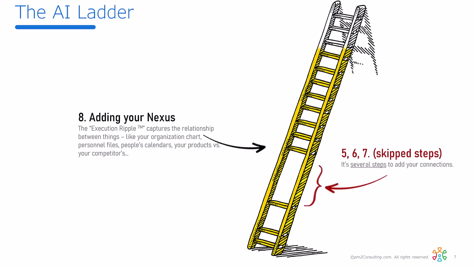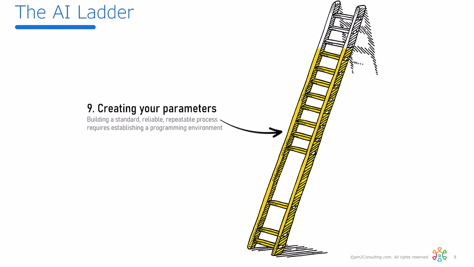And there are several steps that you need to do. At this point, we do that by using data scientists, business analysts, and Python programmers to close that gap. Eventually, there'll be plugins that do it. But for now, it's a pretty big step to get to that point. The next couple of steps are pretty small. Once you get that built, then we can begin creating your own parameters. So think of what you currently do in your prompt. We're now going to program that in. And that allows us to get you more standard, reliable, repeatable answers to your questions.